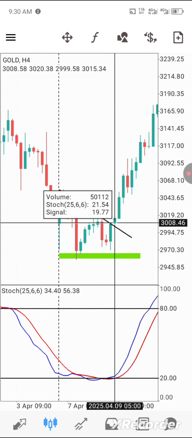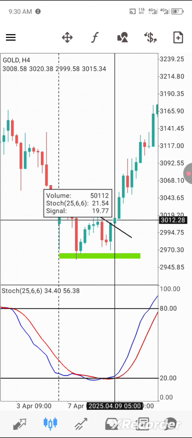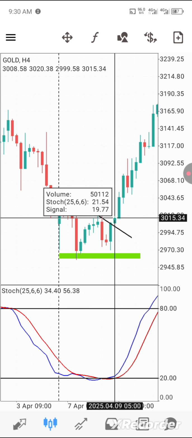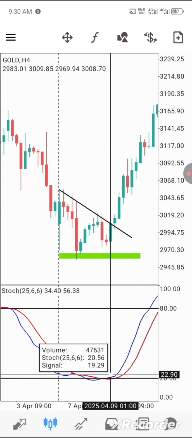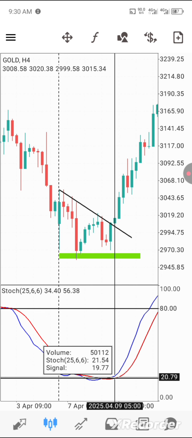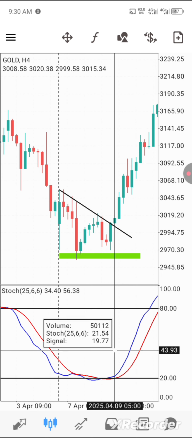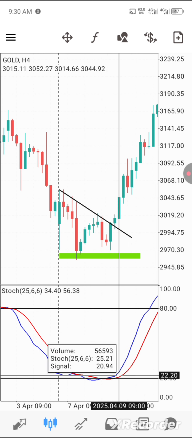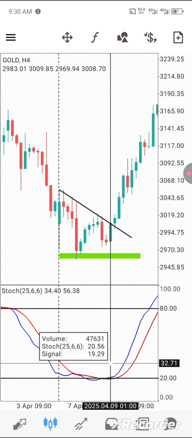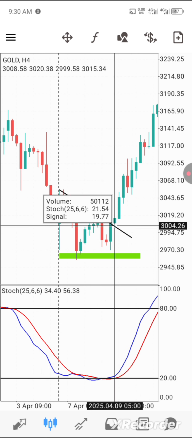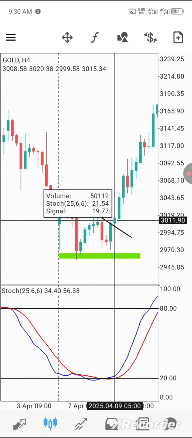And when market breaks above this line, look at this candle, market breaks above. Look at what happened here. Market started to head up after it has touched the 20 level. Look at it, it's going up. So when you enter the market from here, let's say we enter the market from here,